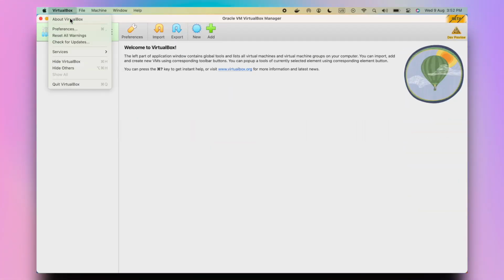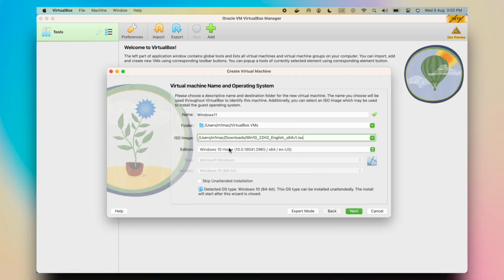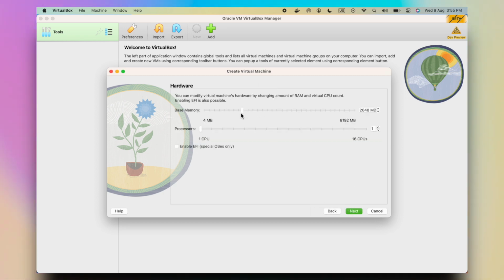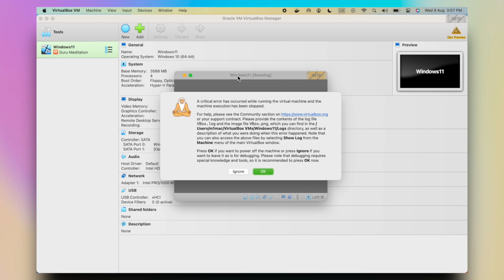Last year, VirtualBox was released with support for Apple Silicon Mac as a developer preview. It performed adequately, but there was a significant limitation. VirtualBox could only emulate x86 operating systems and was not capable of virtualizing native ARM OS. Despite its emulation capabilities, this approach often led to virtual machine crashes.